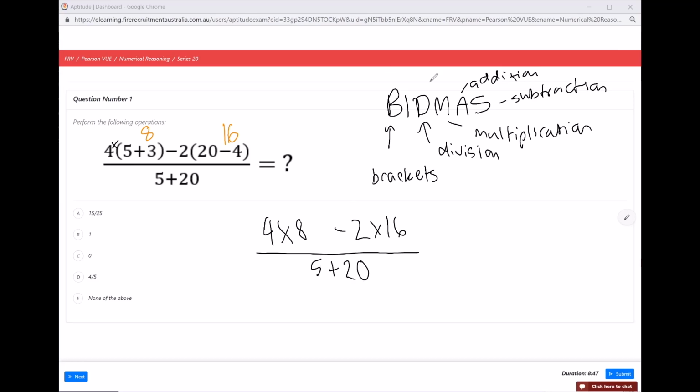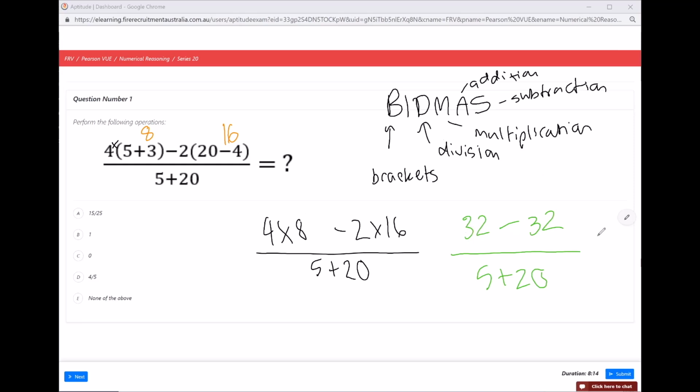So our next rule to do would be to do multiplication next. Working along the top separately, but we'll do the long division sign towards the end. So we would do 4 times 8 first, which is 32, and 2 times 16, which is also 32, over 5 plus 20. Now at this point in time, you should realize that this numerator, or the top number,